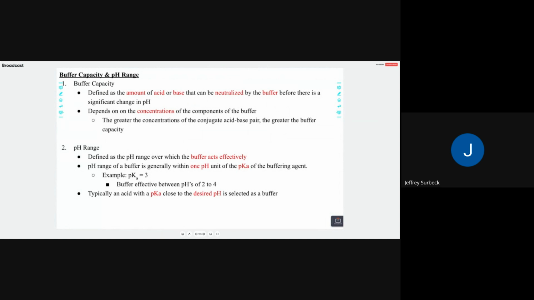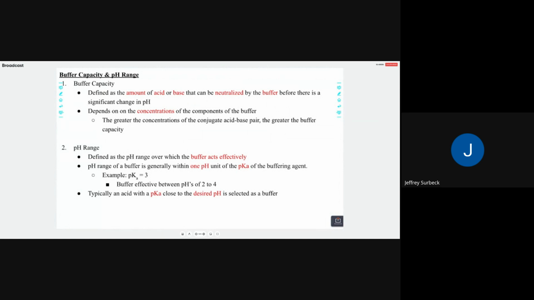The more even we can get the concentration of our acid and the concentration of the conjugate base, the closer they are together, the better the buffer is, because some of that acid is absorbed by the conjugate base, some of the base is absorbed by that acid, vice versa. Also, the more concentration we have, the more effective the buffer is. So if we have 0.1 molar acid and base, it's less powerful